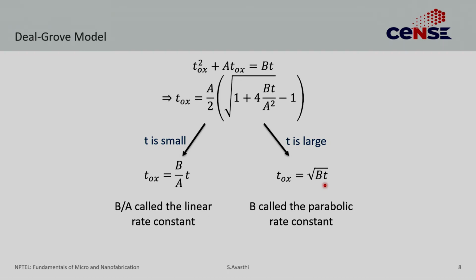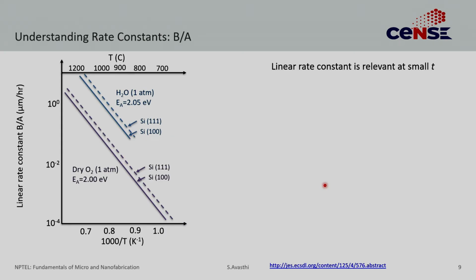Okay. Now, that is not all. We can dig a little bit deeper, which will give us some insight into the mechanism. So, let us look at the linear rate constant, which is relevant at small t. If you measure the linear rate constant as a function of temperature, by the way, the graph that you are seeing is called an Arrhenius plot. It is often used in a lot of mechanism based studies. So, let us understand it a little bit. By convention and for ease, these plots are often plotted as a function of 1000/T, which is in Kelvin inverse units. So, if T is in Kelvin, 1000 divided by T is this axis.